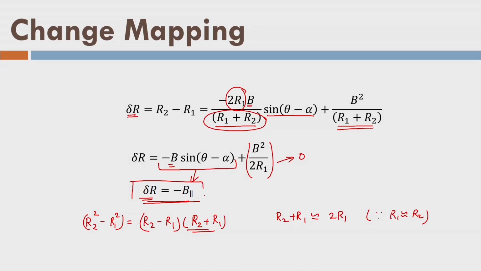So what is change mapping? Change mapping is, I take the data for the 1 and 2 pair, there is no change. But when I take the data for pair 1 and 3, that means in the third pass, during that time change has occurred. So if I take the baseline B2 between the 1 and 3 sensor locations, I can observe this change, and this change is indicated by this. That is the application of 3-pass interferometry, and 3-pass interferometry is basically meant for change detection only. I hope you got the idea.